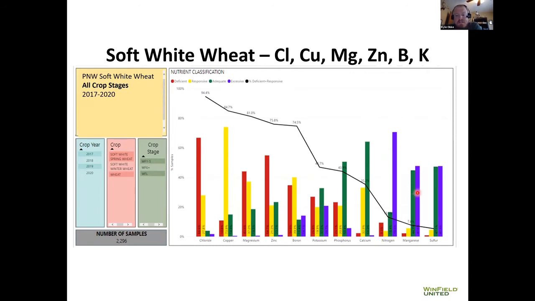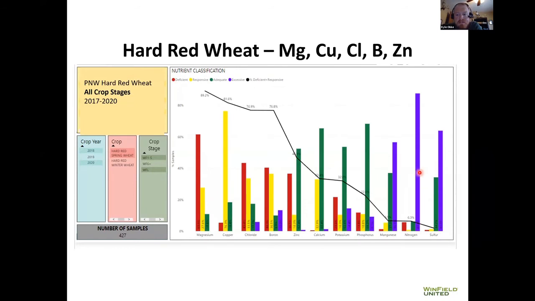But now we're starting to see this excessive and more than adequate, and it's actually an indicator of acidifying soil pH. I'm not sure if that's what you guys are seeing in your own respective areas, but I know that's definitely something that we're seeing, and this excessive and inadequate keeps increasing as time goes. So hard red wheat, just a little different look, but very close to the same, where copper, boron, zinc all have the same place here, but this magnesium piece shows more deficiency. So anyways,